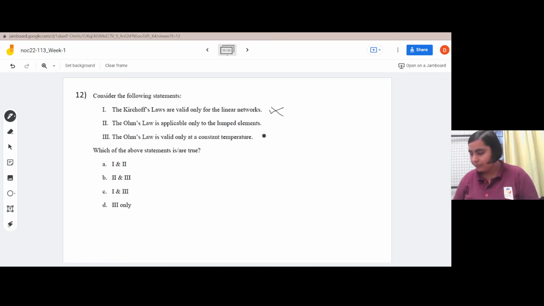Ma'am, what is lumped elements? Okay, so lumped elements are basically, see,